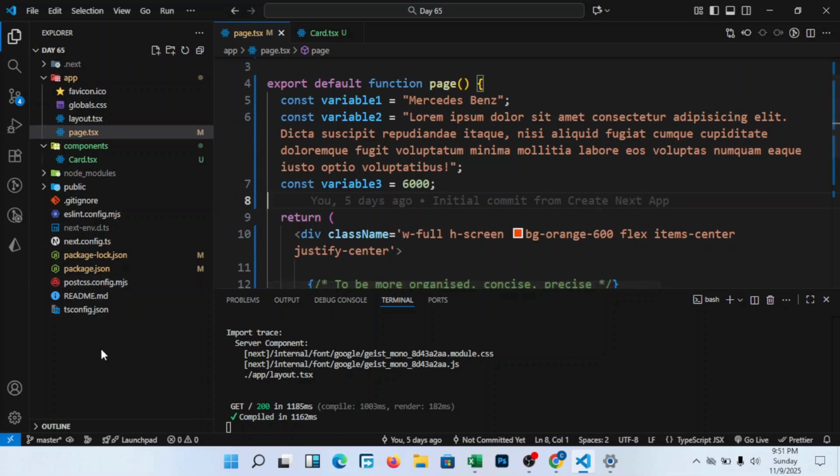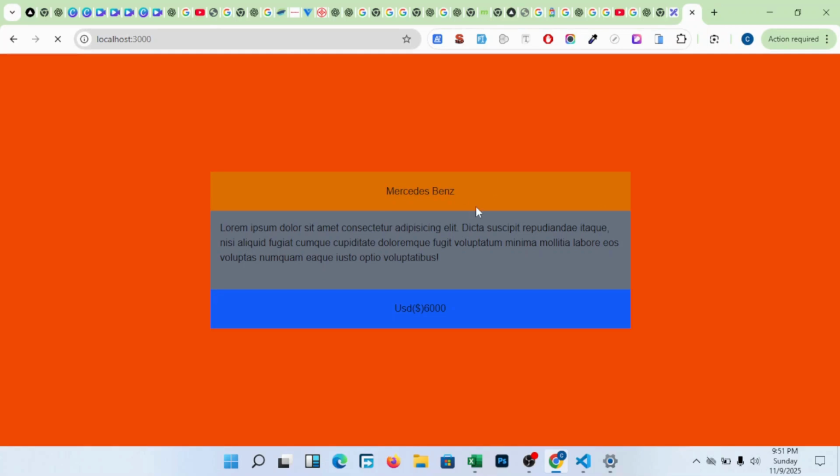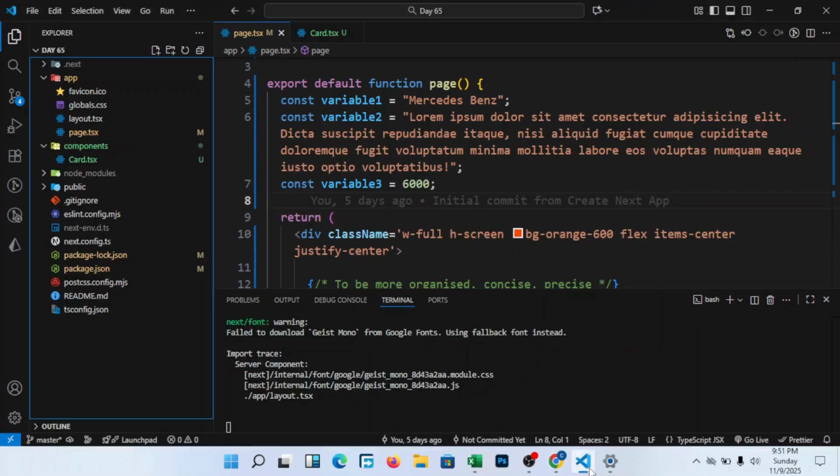I come out here. You see we're doing the same project we did yesterday. I hope we are following. This one where there's Mercedes Benz, this one where there's a description, where there is a price. Are you seeing it? So I come out here and I create a file called